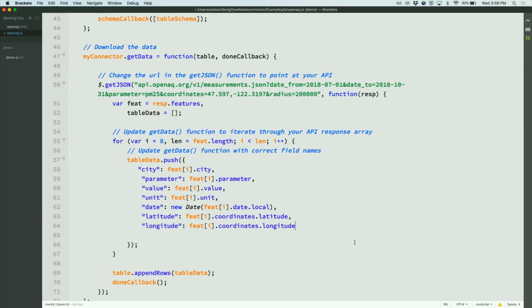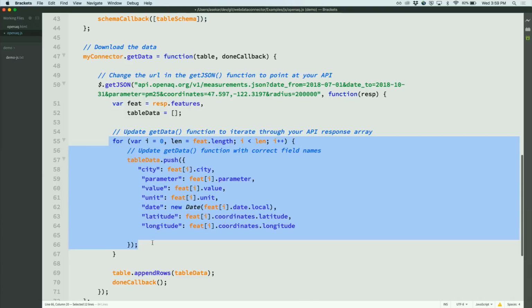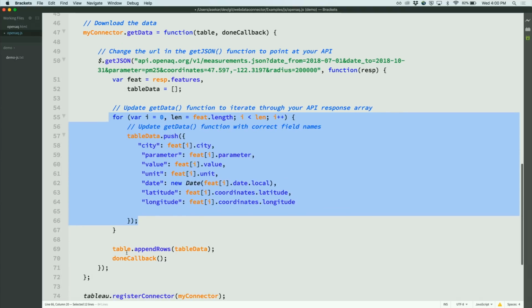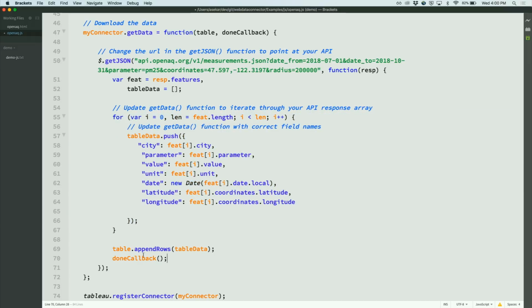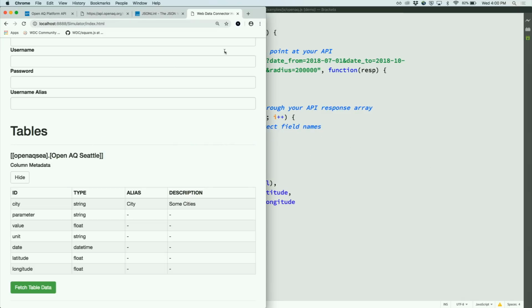All right. So let's look at this together. What happens here is you get the JSON from the web endpoint. And over here, what you do is you go over the response array, and you apply the mapping. And after that, you push it to the table object, and then you say done callback. Now, done callback tells Tableau that we are done getting the data. So I'm going to go hit save and test the get data part in our simulator. I'm going to go back to the simulator